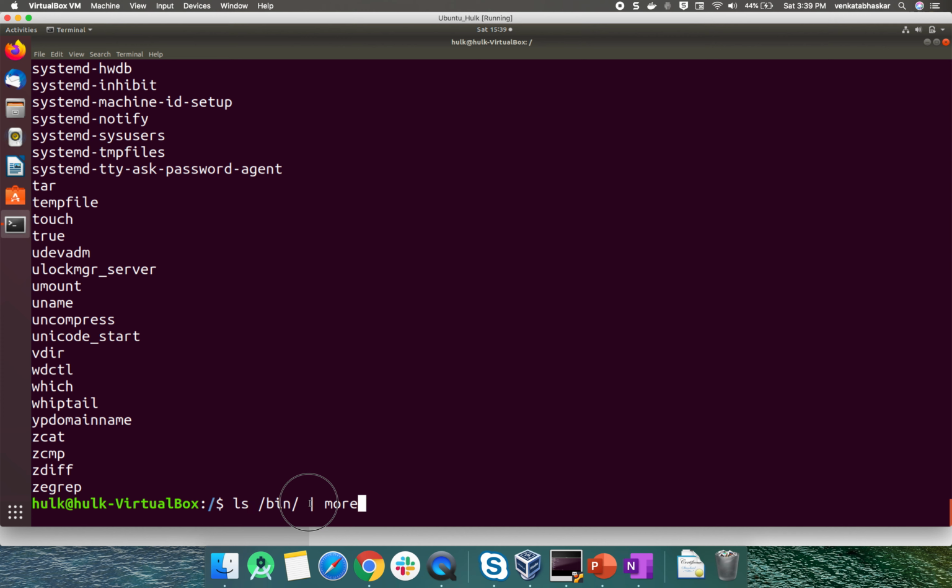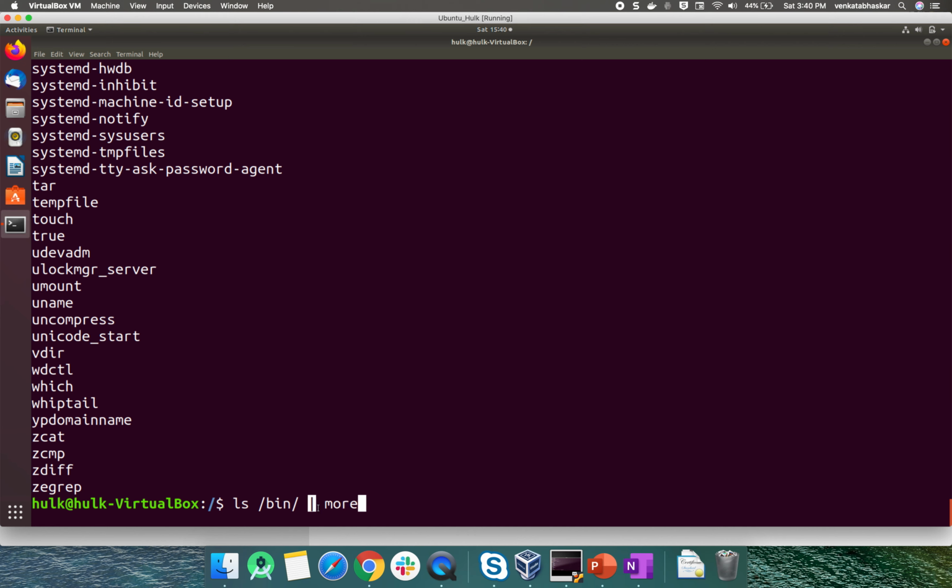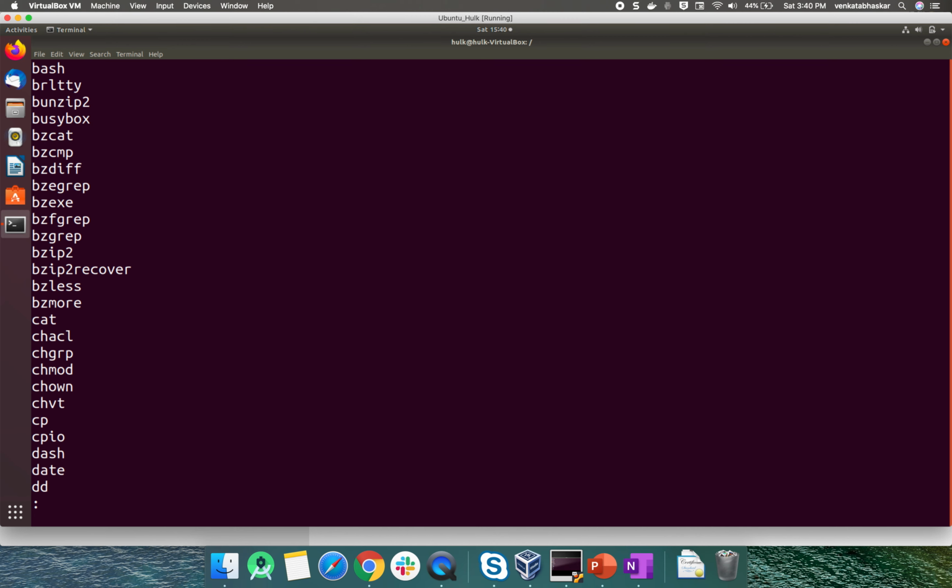I'm adding one pipe symbol. I will explain that whatever output we are getting, on top of that output you are applying one more command. This is your input, and with the pipe symbol you are filtering it by using the more command. Same command, but instead of more I will use less. This also works the same, but the advantage of the less command is you can go in forward and backward direction.